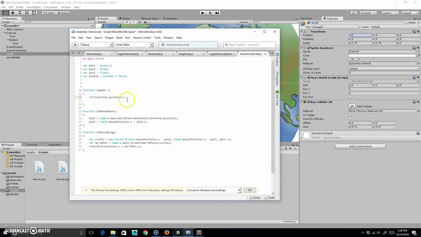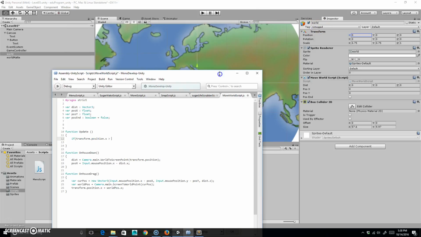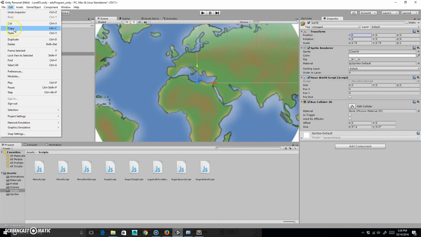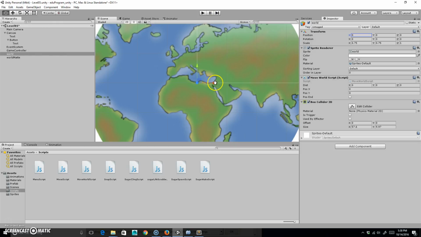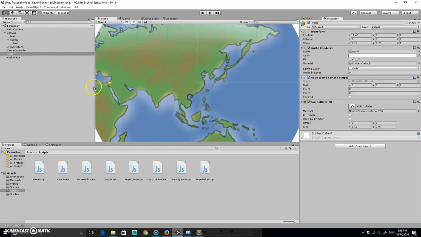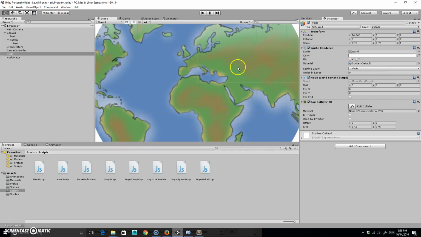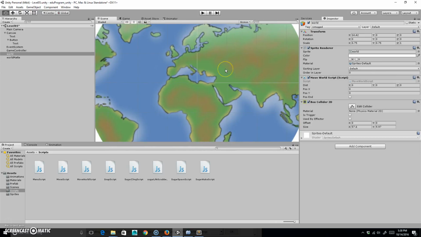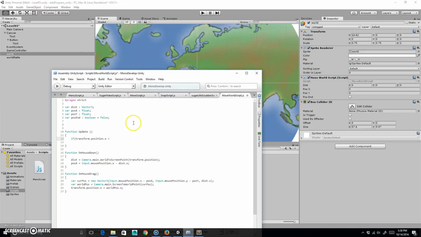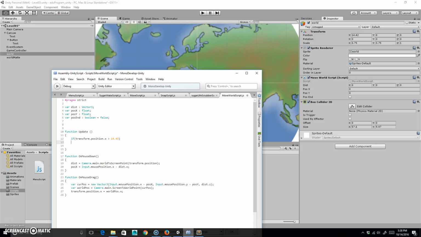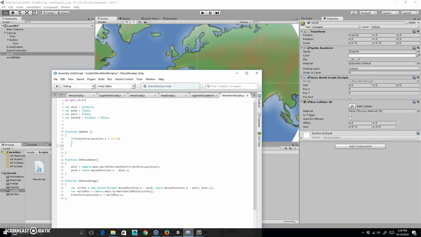So if it's greater than Control V. Oh, really? Let's do edit, redo. Really? Oh, I didn't even look at what the number was because I just assumed that would be fine. Okay, so it's like 14.43, we'll say. So 14.43. If it's greater than that, it's going to tab